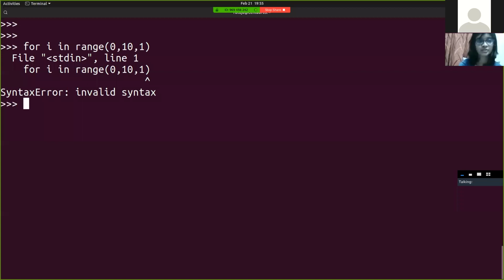For i in range of 0, 10, 1. See, Python, it's pretty simple. It's telling you that your syntax is false, and it's even showing you where it is false. I didn't mention my colon, so that's the reason it's showing me. Again, for is a loop, hence it introduces us to the indentation part again. So tab,